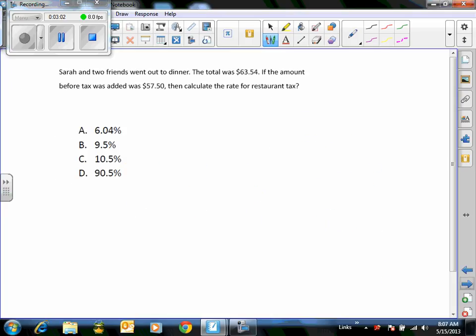Next, Sarah and two friends went out to dinner. The total was $63.54 if the amount before tax was added was $57.50. Then calculate the rate for restaurant tax. So this was a percent increase. So we want to take that 63.54. We're going to subtract 57.50. 63.54 minus 57.50. We want to, and it'll be